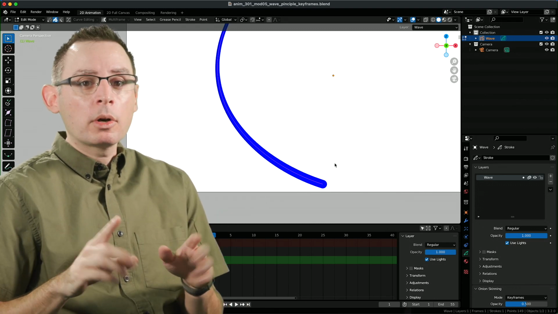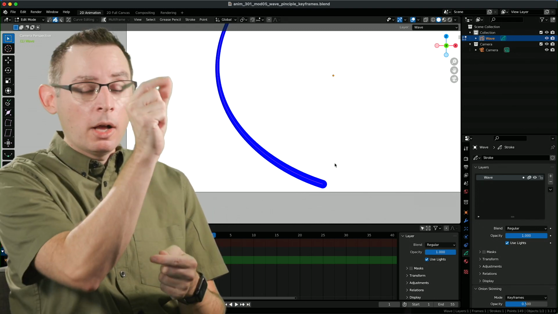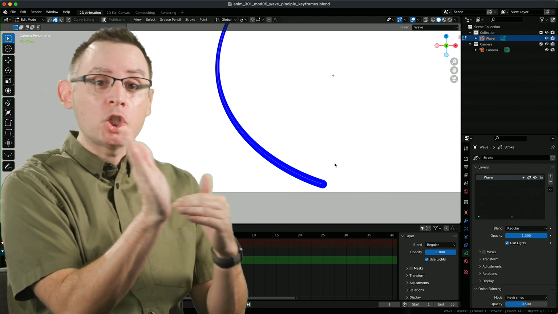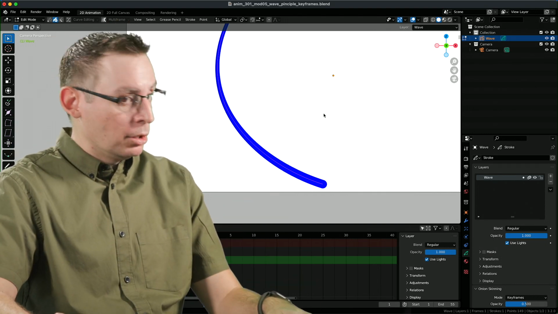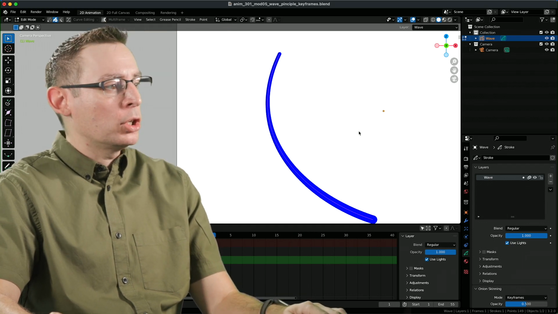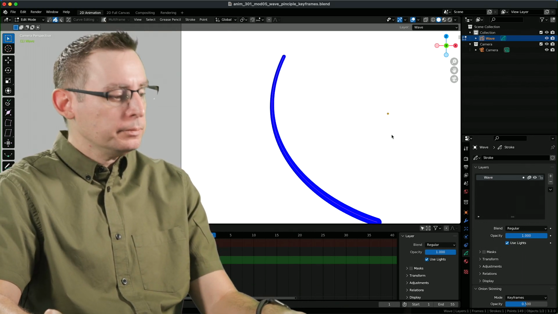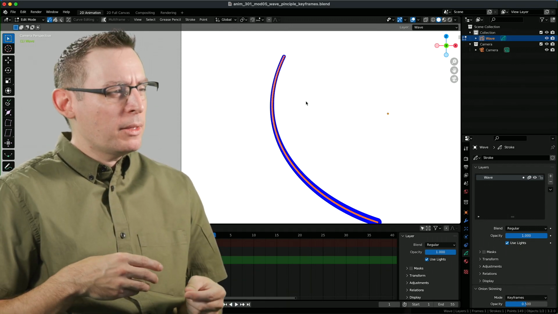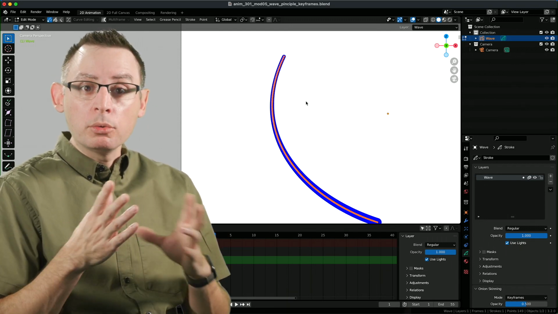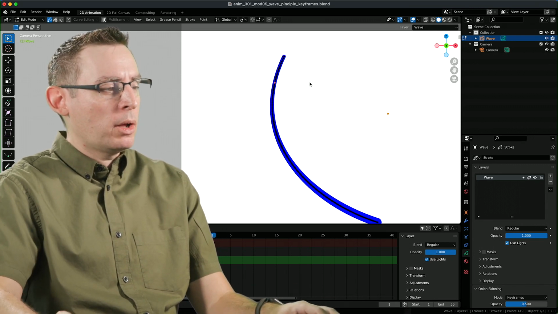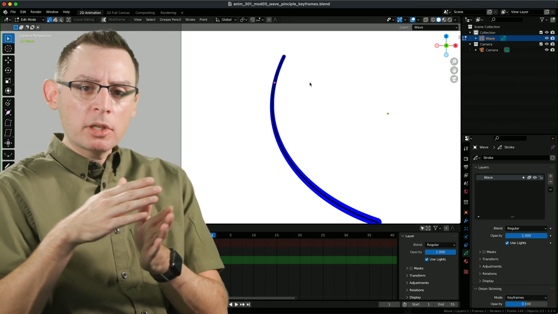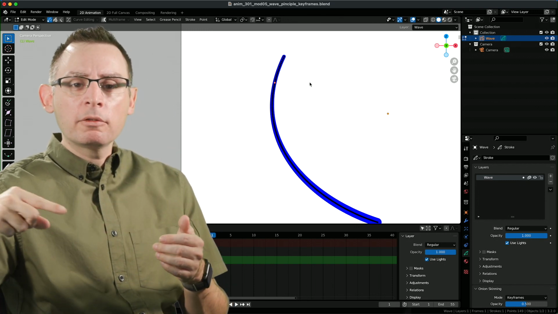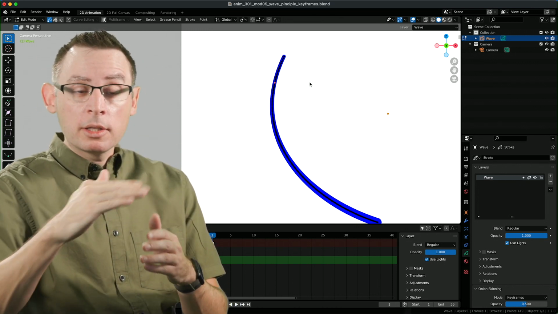I'm going to do all of this work with curve editing mode on this simple little stroke. It's a great, easy way for us to organically change the form of this. What we don't want to do is something like this. I'm going to jump into edit mode here real fast. We don't want to work with all the individual dots. In addition, we also probably want to avoid the sculpting tools at times in this process as well. The curve editing tools, especially on organic shapes like this, do a wonderful job of creating a nice consistent form going across the entirety of our surface.